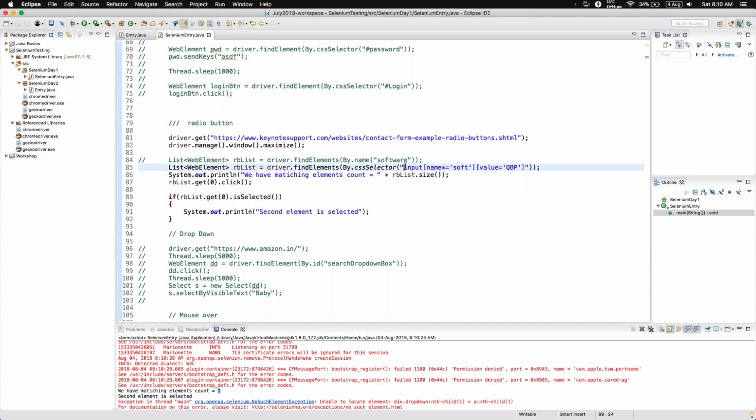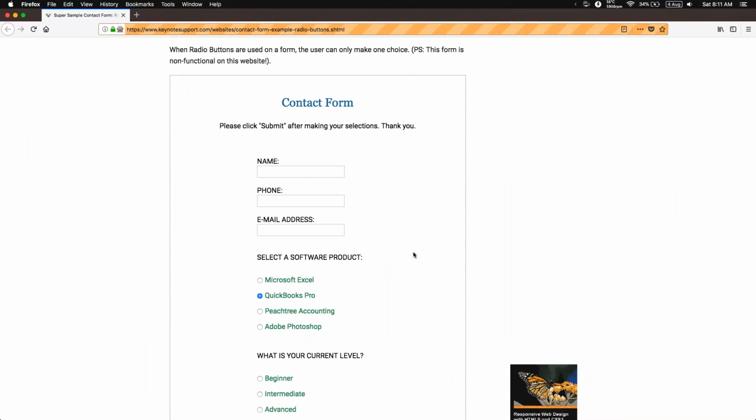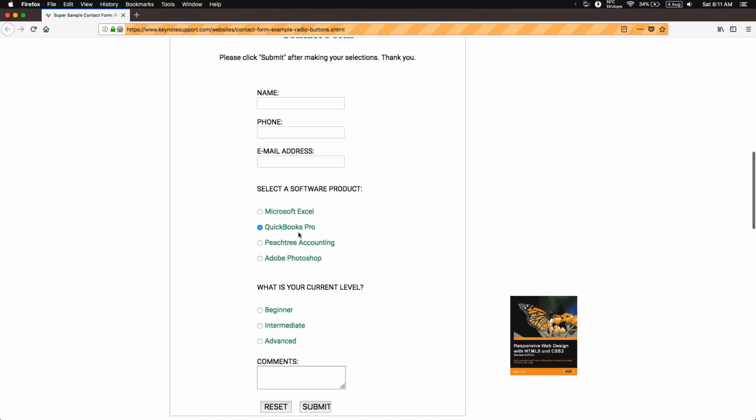So the point here is not to explain this particular syntax. The point here is you need to be aware that we can do dynamic selections like this. Using your common sense, you can come up with the different selections and do it. So what I mean is, we go back to the same product here. If your use case is to select this QuickBook Pro, all right, you can either go with the say,